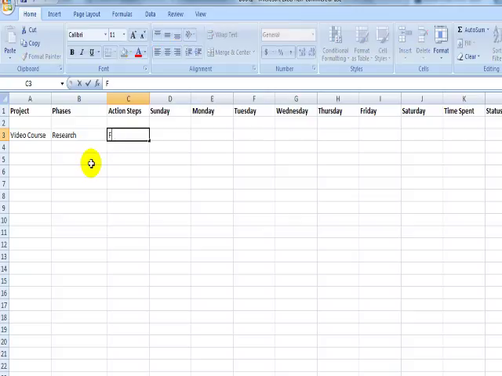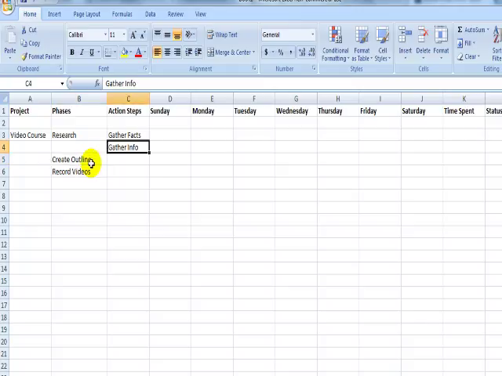You need to know, okay, let's see, gather facts, gather information, and so forth. So research, brainstorm, outline, or create outline. And it's good to use verbs if at all possible, because verbs will tell you exactly what you need to do. So create outline, let's see, and then record